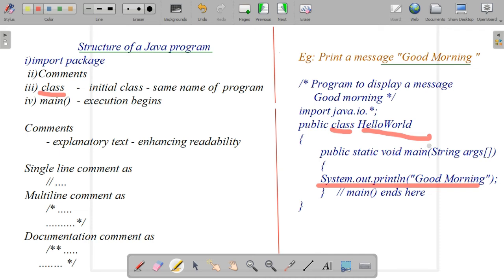Yes, the methods inside classes contain functionality defined through various statements of code. In this program, we have given code to display a good morning message. To display or print a message, what method will we use? We will use the System.out.println method.